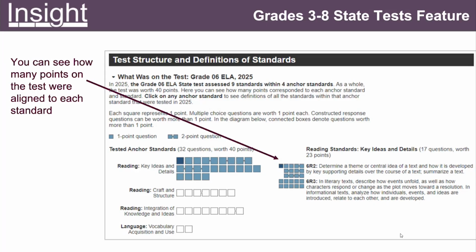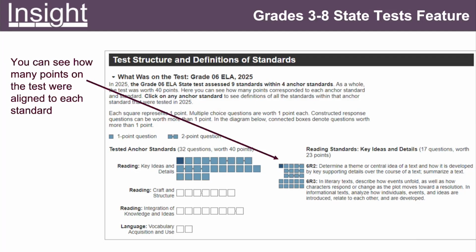So from here, I know for the anchor standard, reading key ideas and details, 17 questions were tested in the exam, worth a total of 23 points, including 10 points under the 6R2, 6R3 standard, and 13 points under the 6R2 standard, and what these standards are for.